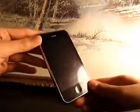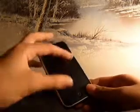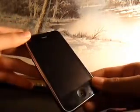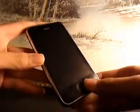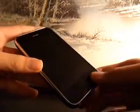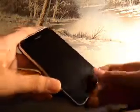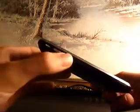Now in terms of hardware, this device has that 3.5-inch capacitive touchscreen with multi-touch on it. On the top of the screen, you will see the speaker grill, and on the bottom is that infamous home button key that you can press in order to go back home. Now on the iPhone 3G, one of the downsides is the home button is a little bit more stiff than on the 4 series and the 5 series, so you're going to have to press down a little harder. On the left-hand side, you do have a metal-ridged volume rocker that's tactile and easy to press,